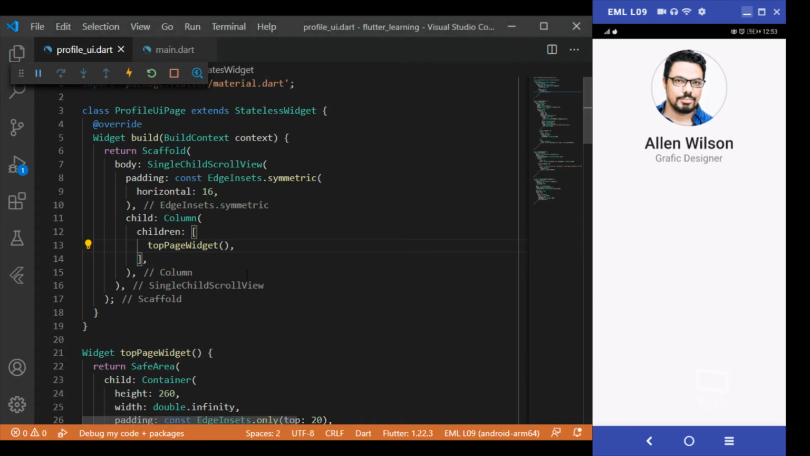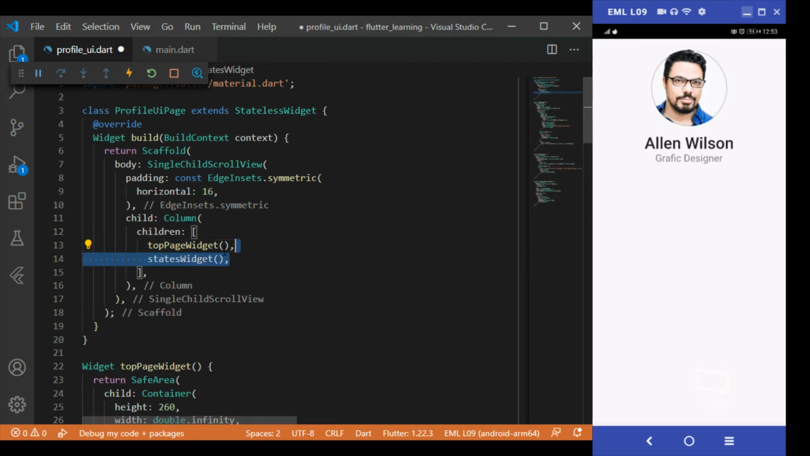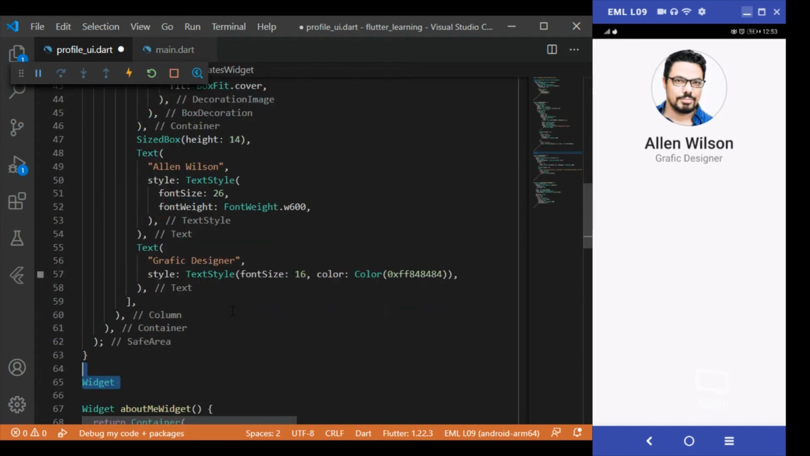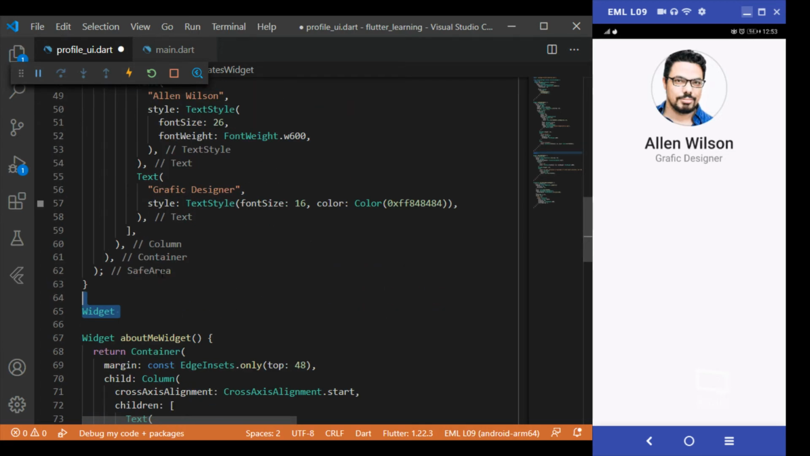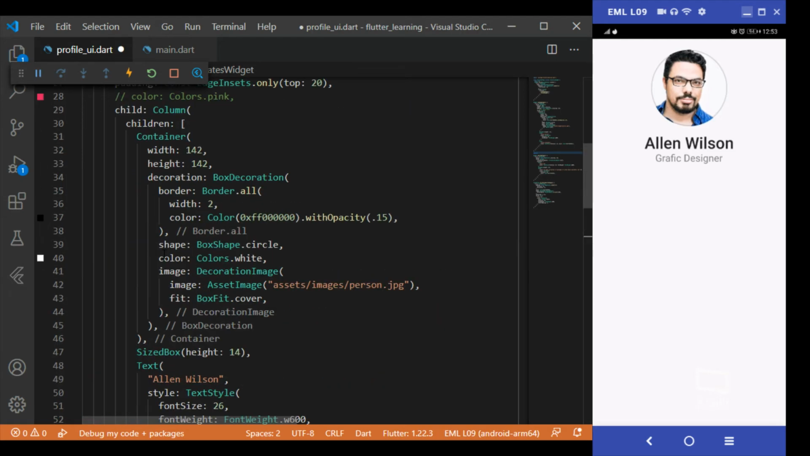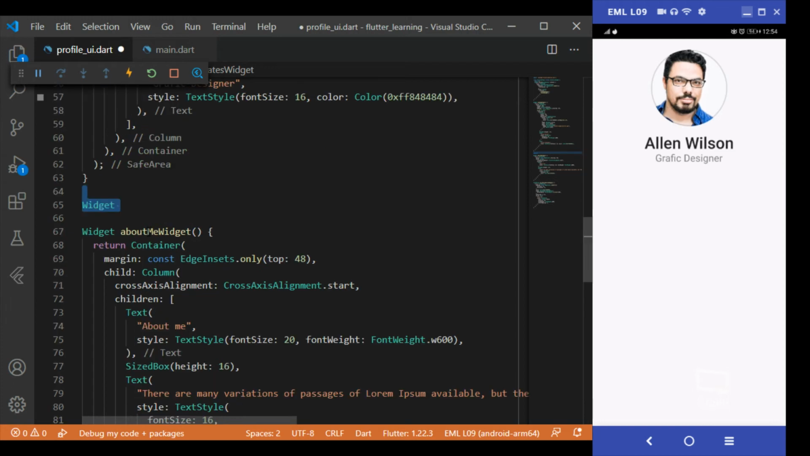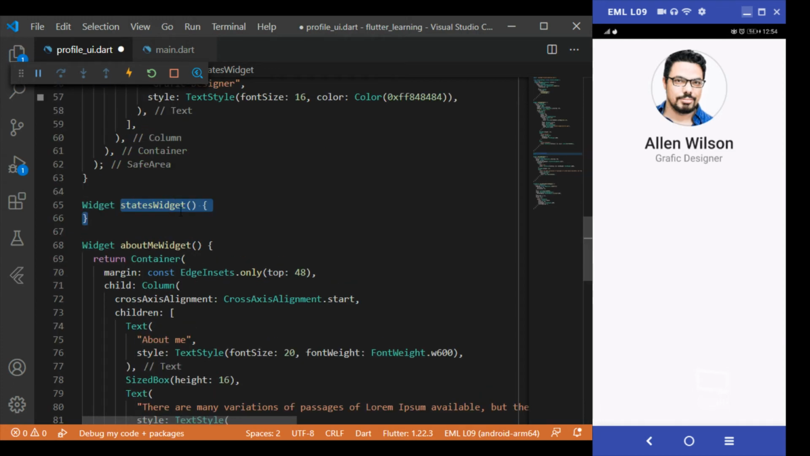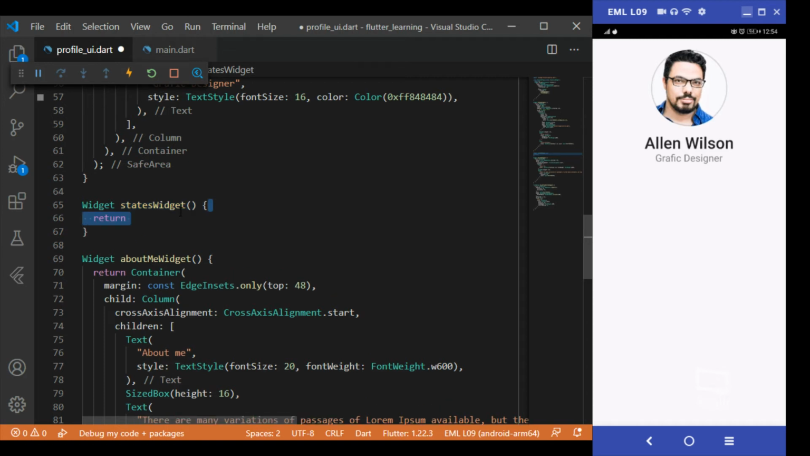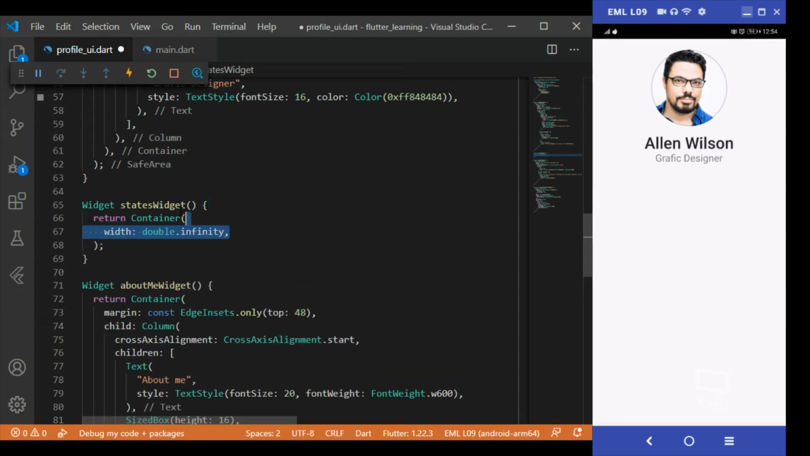So now let's create another widget here in my scaffold, in my single child scroll view. Inside the column, I'm gonna create another widget that I'm gonna call states widget. Let's create this states widget below the widget that I created before, top page widget. I create another new widget, I'm gonna call it states widget, that returns a container here, and inside that container I'm gonna give it firstly